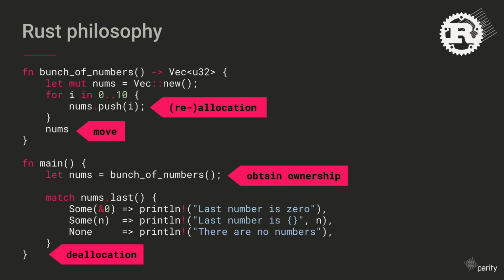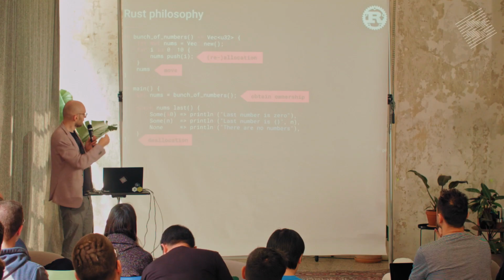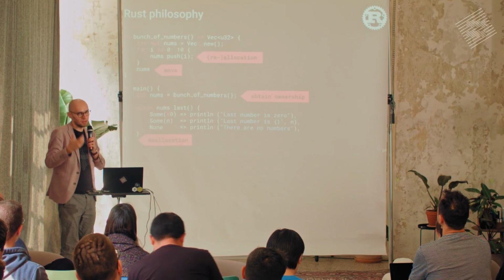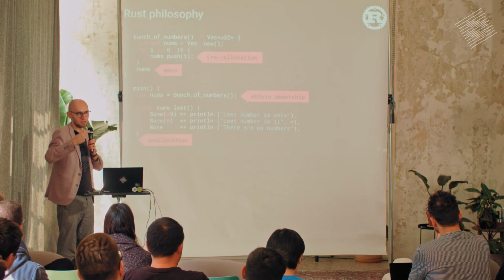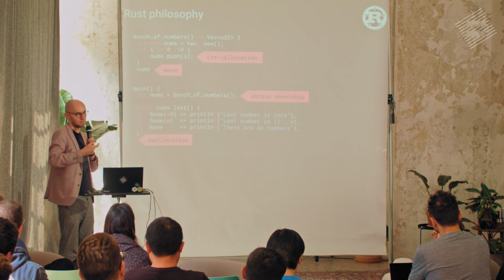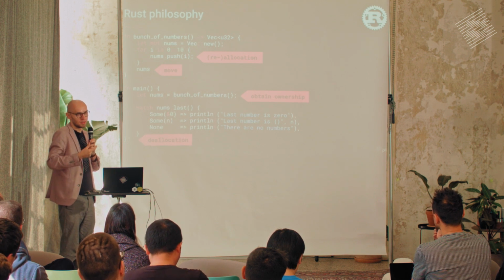And then I do some stuff, so I match on the last value. If it's sum of 0, so if it's 0, then it's 0. If it's a number, then print me the number, and if there's none, there are no numbers. And then at the end, because I have a value type that is owned in the body of the function,